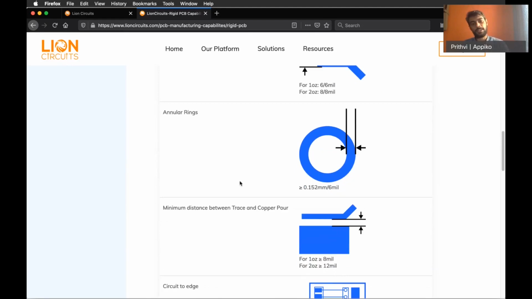In a two-layer PCB, it's just for transferring the track from top to bottom layer, and in higher layers of PCBs where there are copper layers embedded within, you can choose to transfer the signal or the track to the layers in between. The minimum distance between trace and copper core is 8 mil for 1 ounce of copper thickness, or 12 mil for 2 ounce.